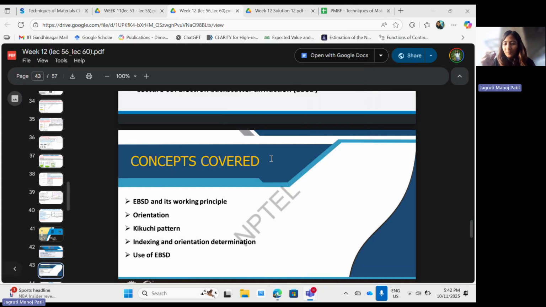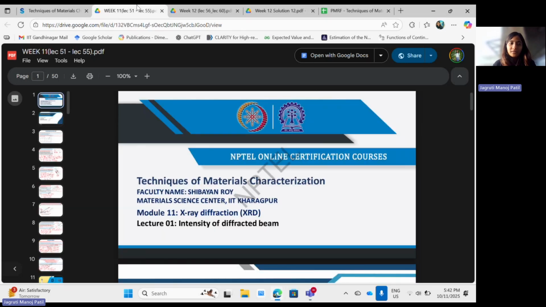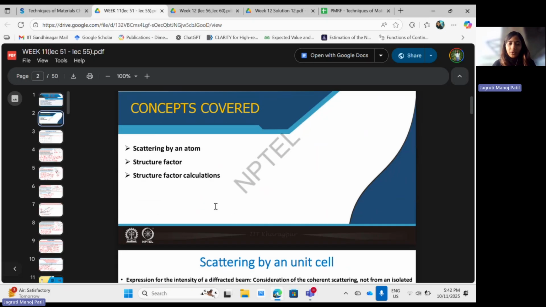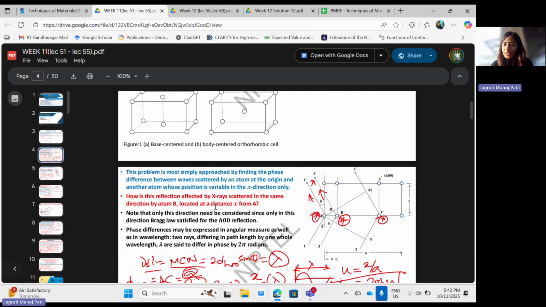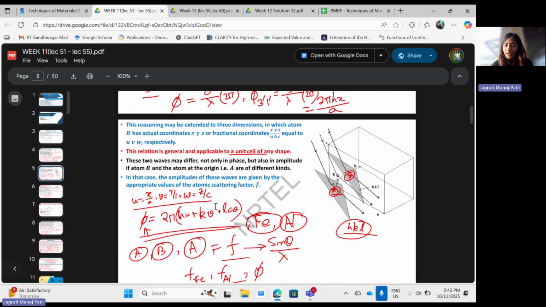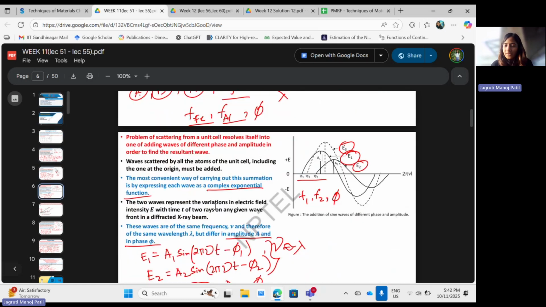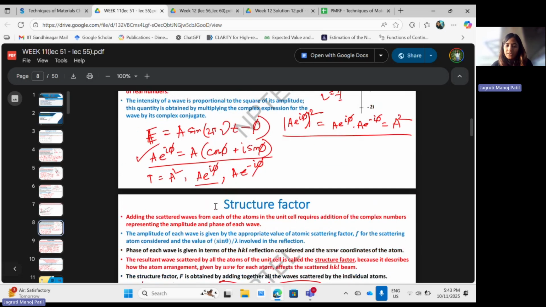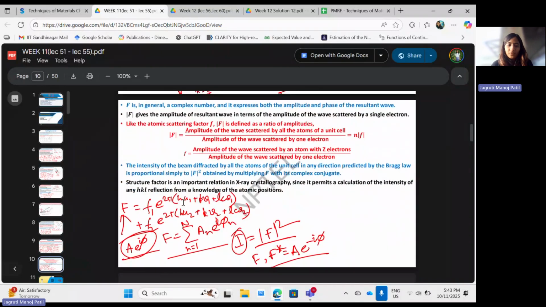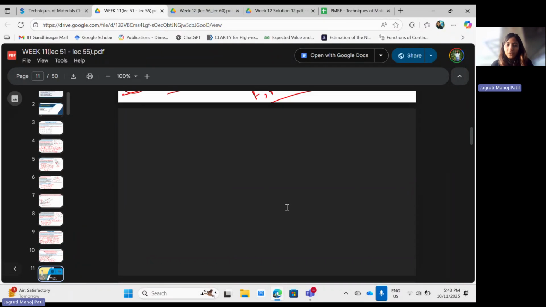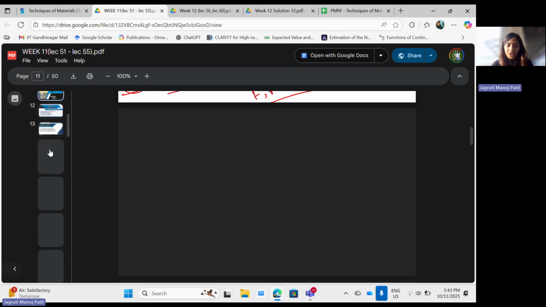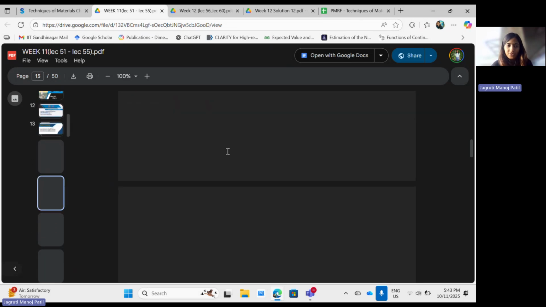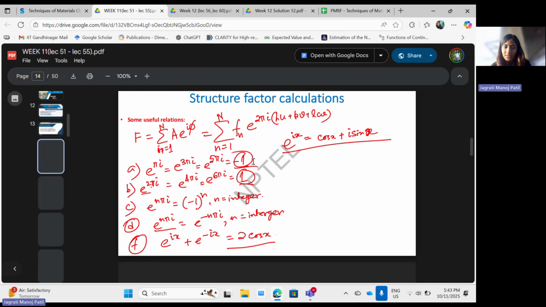And I'm Jagriti. I'm a PMRF TA for this course, Techniques of Material Characterization. And what we'll be looking at today: last week what we saw was the structure factor of an atom, how you derive the calculations. Majority of the things were how you see different types of crystals, so FCC, body centered, face centered, all those things. And if there are different chemicals or compositions to it, how do you find their structures?